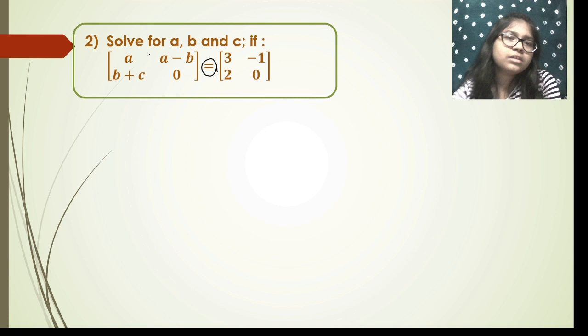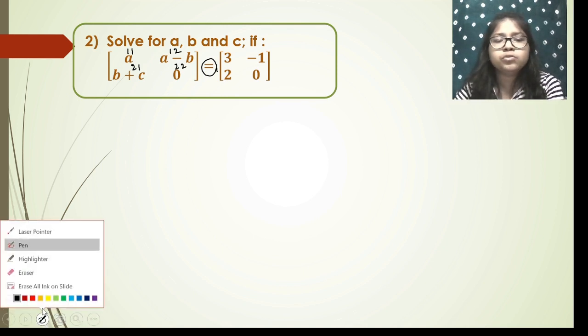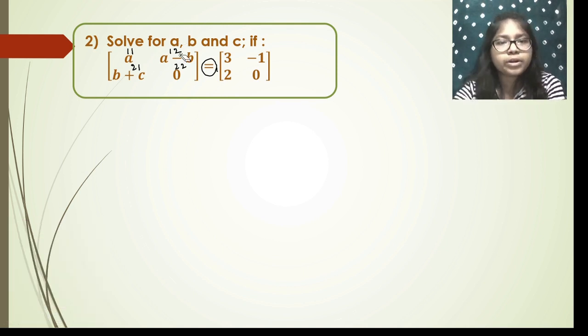One thing guys, the coordinate of this element is row number 1 column number 1. At first we write the row number and then we write the column number. This is row number 1 column number 2. This is row number 2 column number 1 and this is row number 2 column number 2. Okay, this is just information. These things do not have any work in this problem, so I'm rubbing it.